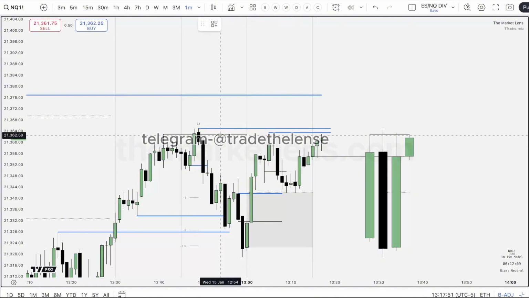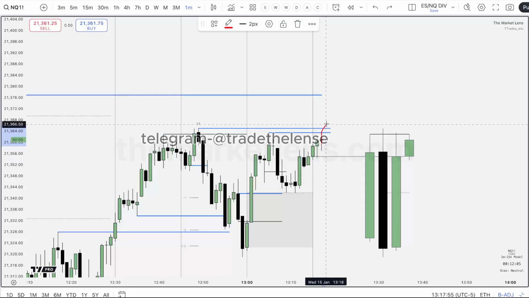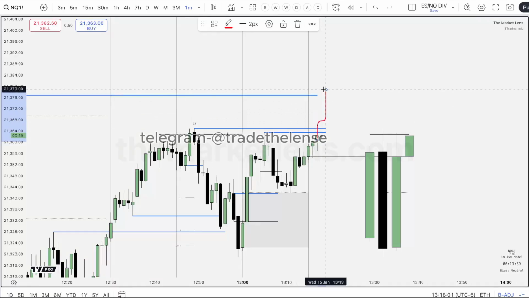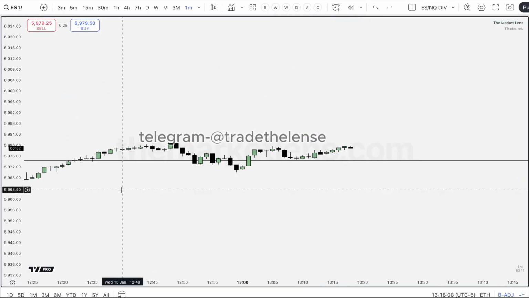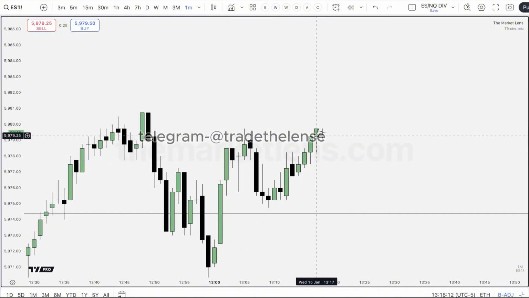we don't want to see what we saw over here, where we had a close, reversal candle back in, right? We're going to go trade up here. We just want to see it expand through, right? And sometimes it's easier to see on ES. So let's see if we can see it. A lot of times before we get a spike like that, ES will just stall out at the same level multiple times.